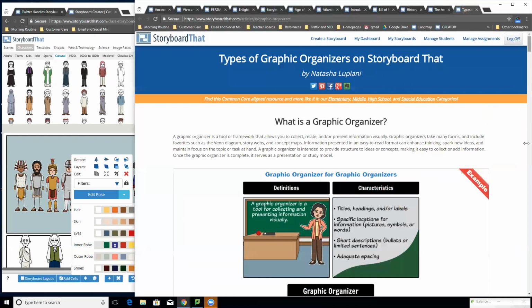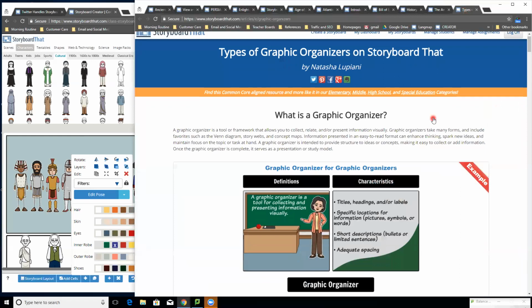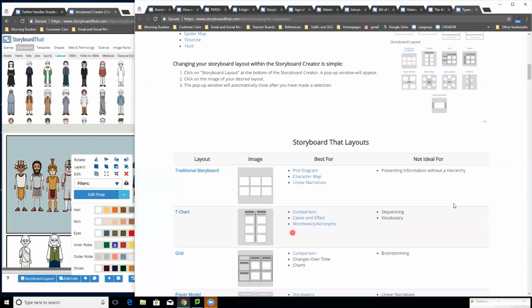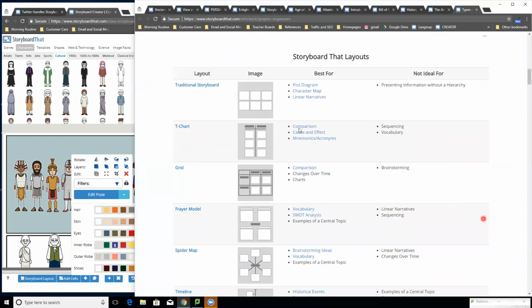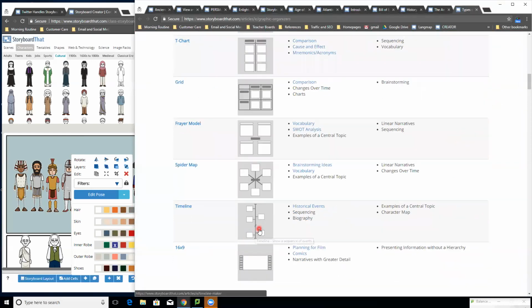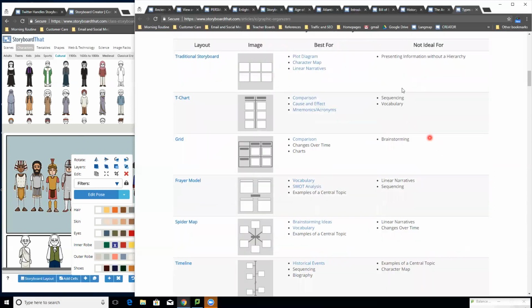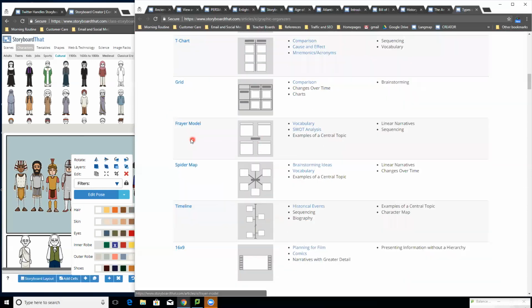And you might also want to check out our types of graphic organizers. We give suggestions on what you might want to use the different layouts for. And for history, the timeline is probably the most applicable, but the traditional storyboard is useful in most cases. Comparisons with the T-chart grid is comparing more than one dimension. And of course, the FAIR model is great for vocabulary, but also for splitting anything up into 4